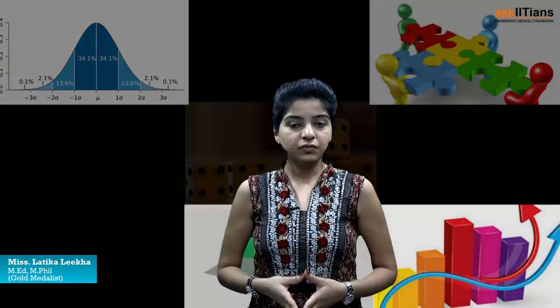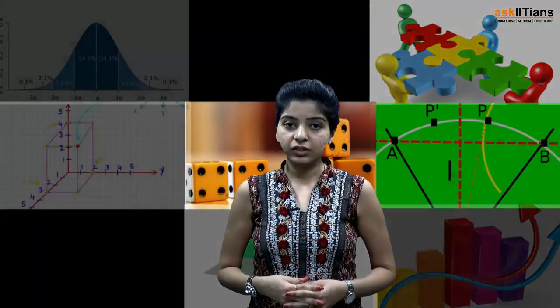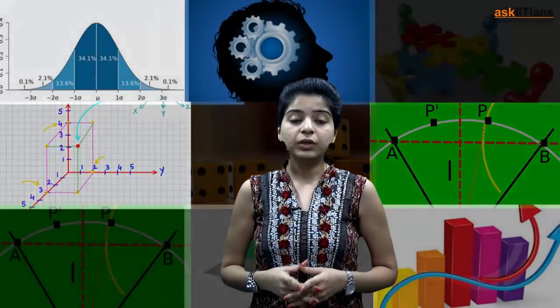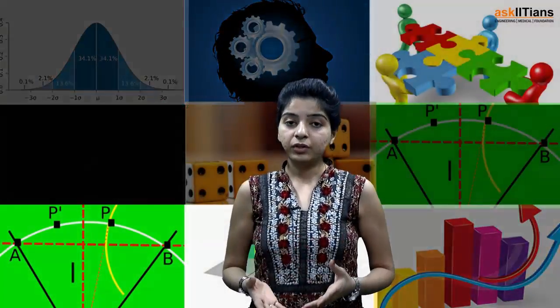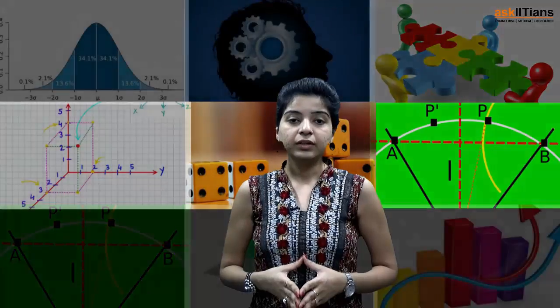Hello students, welcome back. So now in this session we will be discussing the concept of disjunction, that is OR. You will get to know how we prepare the truth table for the OR operator, and then we will also discuss the difference between inclusive OR and exclusive OR. Since there is a very minute difference between the two, just be a bit careful. And then finally we will be discussing the concept of negation, and we will be discussing the truth tables for the same. So stay tuned.